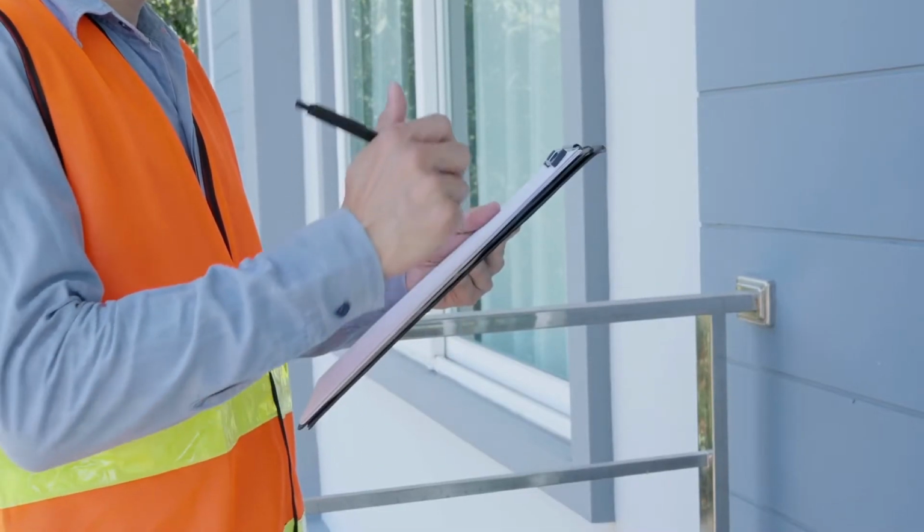The next thing is that new construction homes will be up to code. Remember, when they get done with construction on a new construction home, they have to have a final inspection that will give them a certificate of occupancy. In order for them to get that certificate of occupancy, they have to be able to pass a final inspection, which is going to include that home being up to code, up to today's building standards. So that's a big positive. Sometimes when you're dealing with older homes, you have to make some adjustments to the property. So doing some seismic strapping in a water heater, that kind of stuff